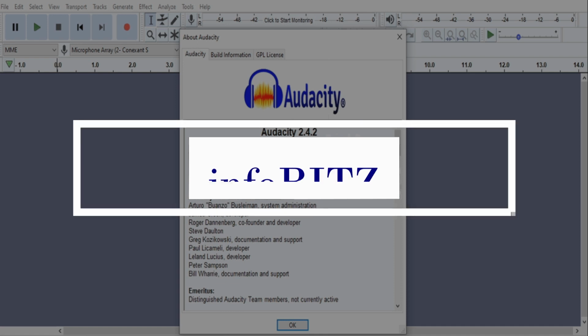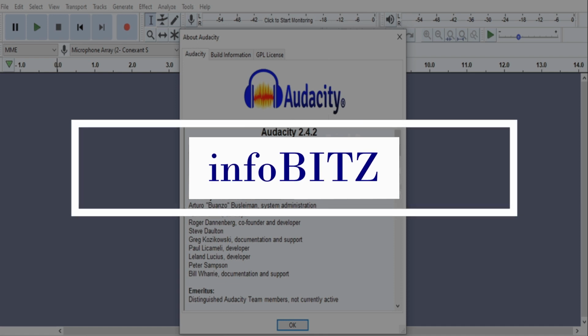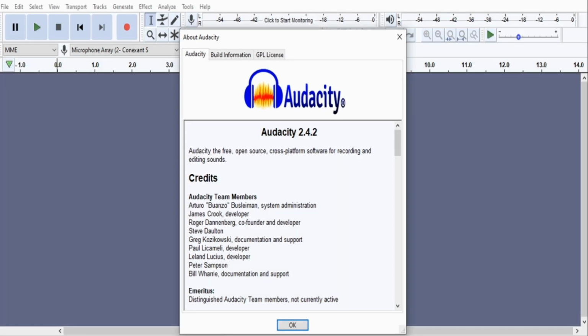If you are a teacher wondering how to create educational content in audio format, or if you are a YouTuber who wishes to create videos with various sound mixing effects, then you are in the right place. Today, we are going to learn about Audacity, a widely used free and open source digital audio editor which is available for all the major operating systems, that is Windows, Mac and Linux.